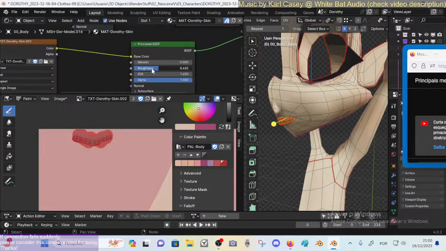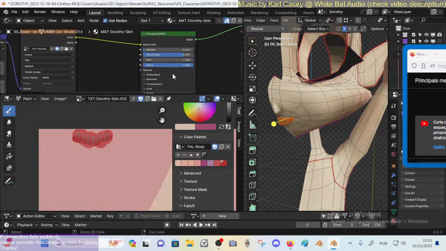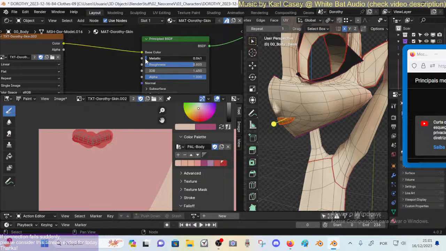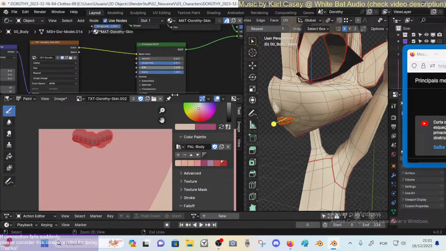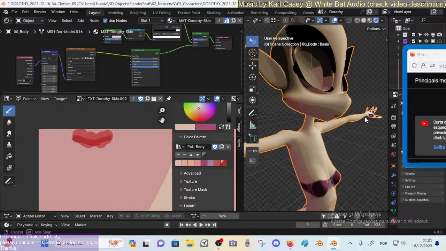Because then we can play with some stuff here that might be relevant. So, metallic skin, I don't think so. And all the rest here doesn't. All right, then let's see. All right,